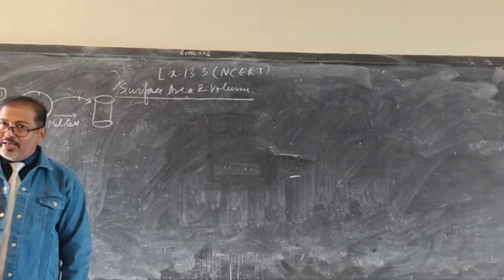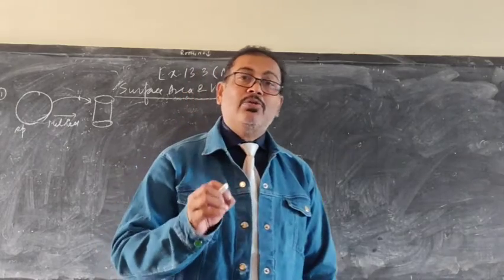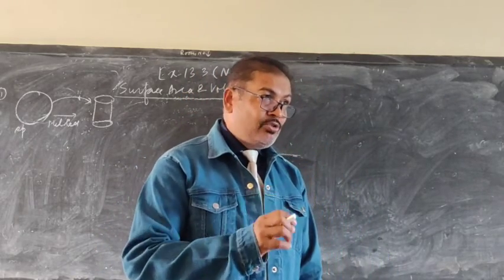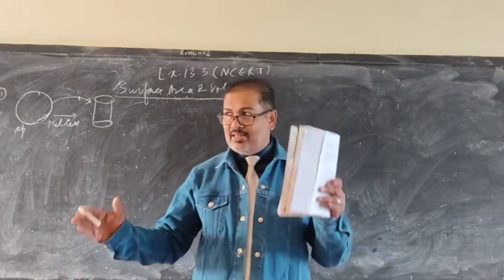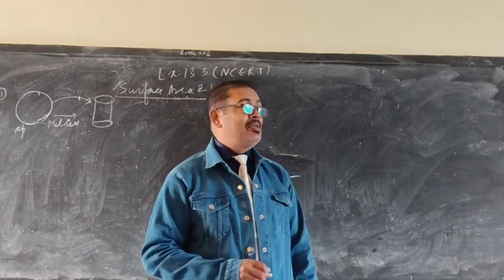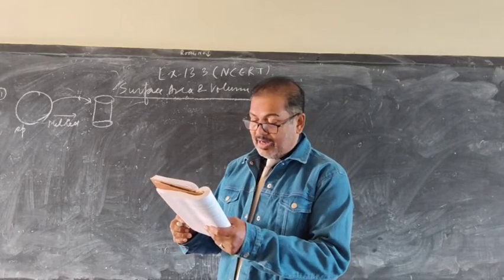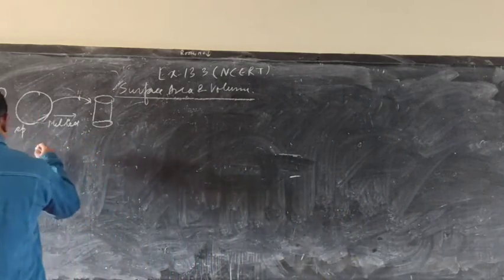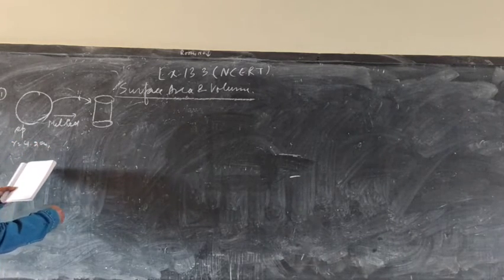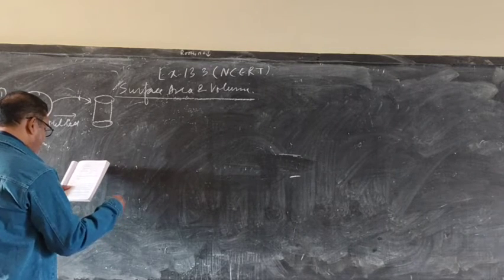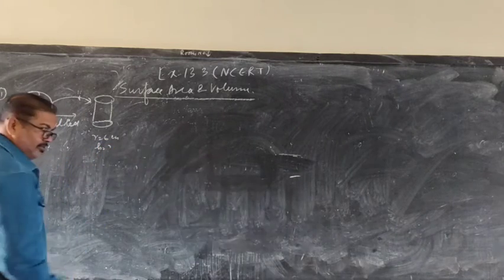So what is the interrelationship between the sphere and the cylinder? Their volumes are equal. And as I have mentioned, in this type of question, please do not solve the question step by step. Try to generate equations. When you generate the equation, you will find that certain common terms on both sides will be cancelled and your equation becomes very easy. You are given the radius of the sphere is 4.2 centimeter, whereas the radius of the cylinder is 6 centimeter, and you have to find the height.